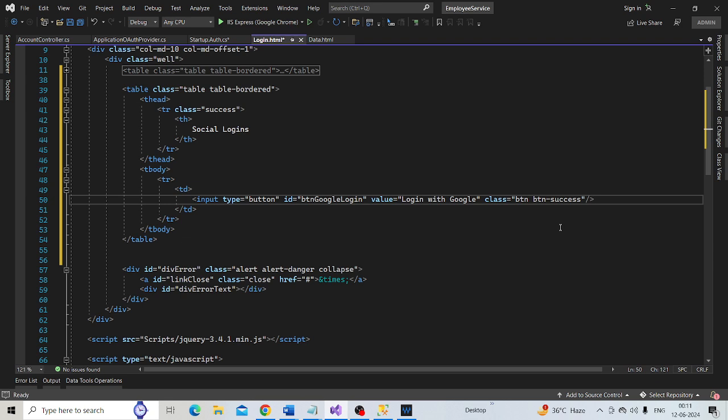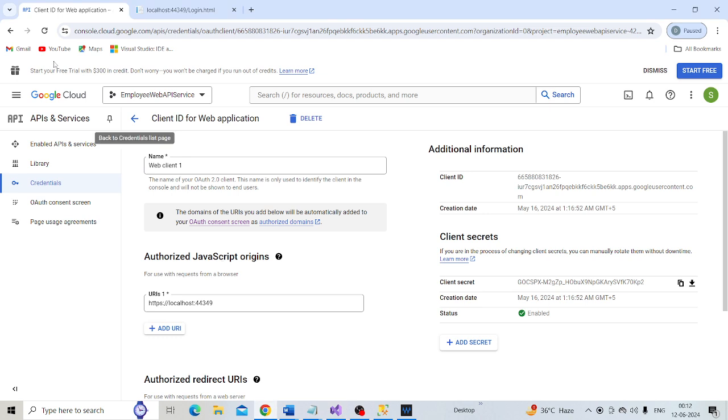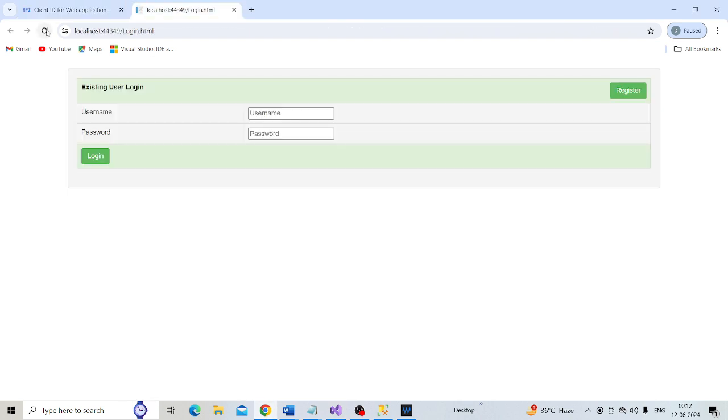Let's save our changes. Go to the browser and reload our login page.